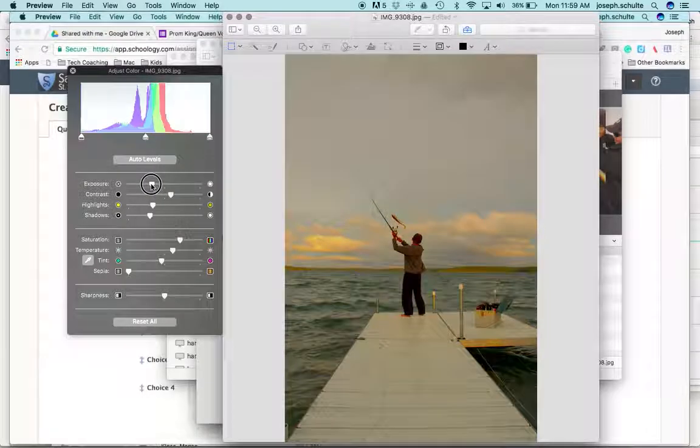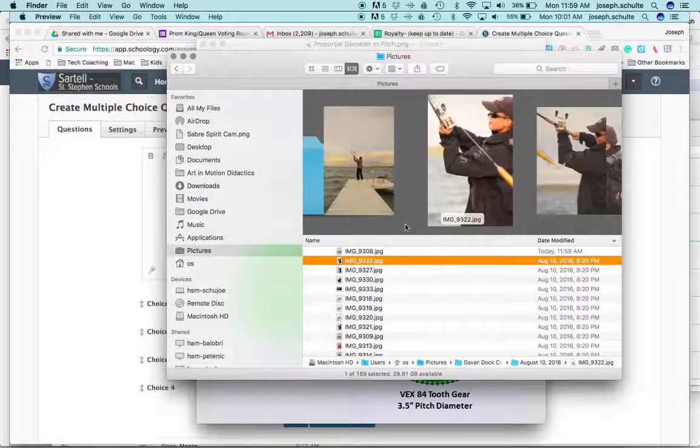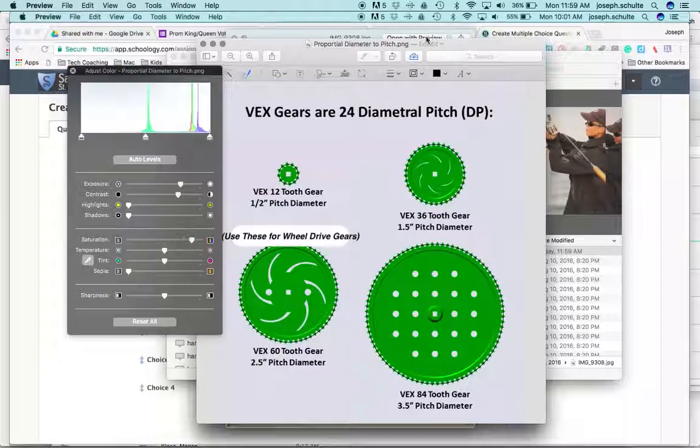And finally exposure. So over or under exposure, and I'll bump the exposure a little bit too. So looking at this compared to my original, if I save this right now, it's going to stick those settings on it. If I open it with Preview again,